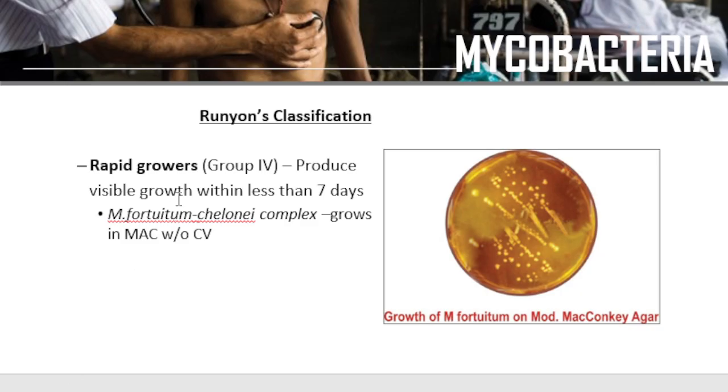Okay, now another Runyon's classification is the rapid growers, or the group 4 mycobacteria. They produce visible growth in less than 7 days. Okay, so they are rapid growers. Examples are Mycobacterium fortuitum-chelonae complex, which grows in MacConkey, modified MacConkey, without the crystal violet. All right, Mycobacterium fortuitum is the most common rapidly growing mycobacteria associated with localized